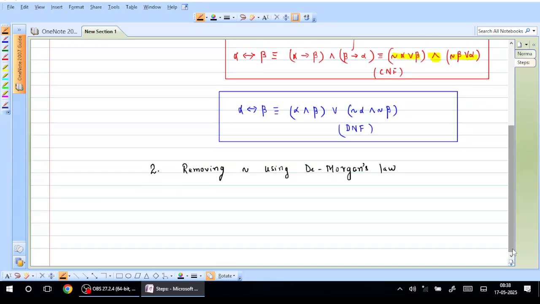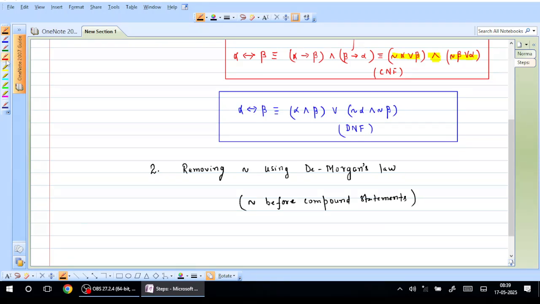And here is also one crucial thing: negation should be before a compound statement. Negation before compound statements, right? If we are capturing negation before a primitive statement,